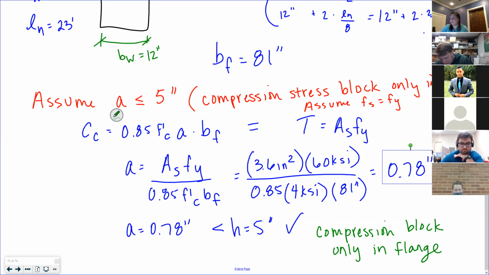I should also note that we're talking about the stress block, not everything that's in compression, like the depth to your neutral axis, because C is bigger than A, right? Depth to neutral axis, C. You could have a neutral axis depth down into the stem and still only have,